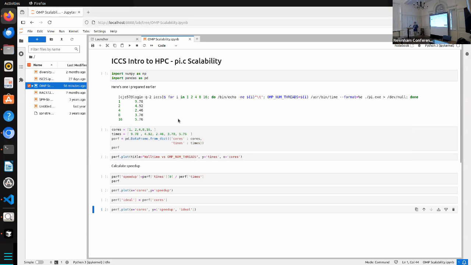When I ran this a while back, I ran it on 1, 2, 4, 8, and 16 cores. I used the bash syntax for a loop and set the number of threads, and used the time command, pulling out one of those three numbers, the execution time. So on one thread, it took 9.78 seconds. It's less, so we're using more compute resources, but we're getting